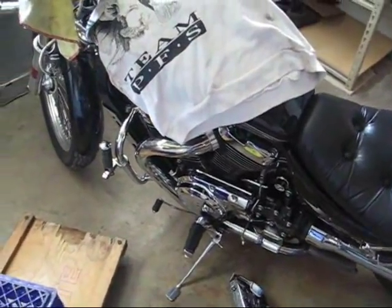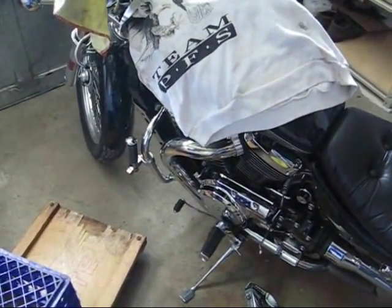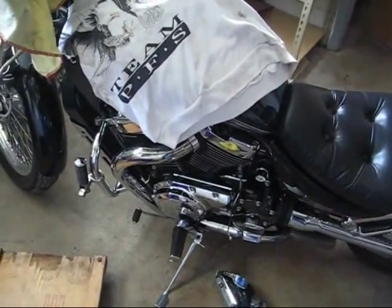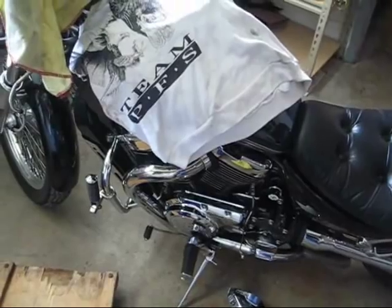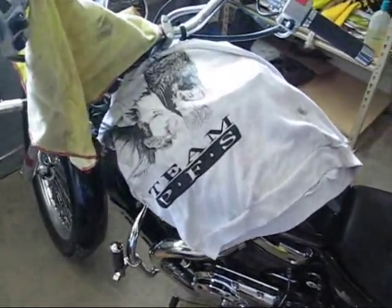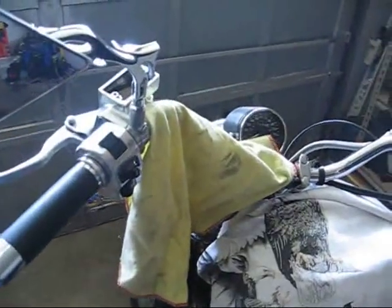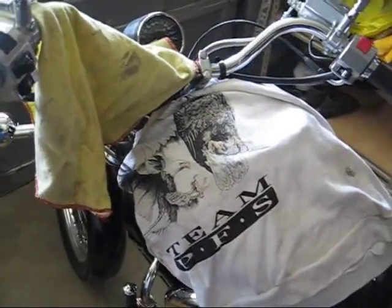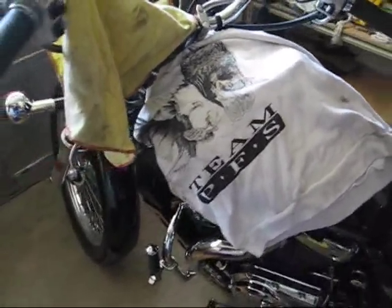Okay, this is part 3 of a brake fluid and clutch fluid change for a Suzuki Intruder VS800GL. This is a 2002, but basically it's all going to be pretty much the same for any bike. Again, what we did is cover up the gas tank and the handlebars to protect the painted surfaces from the fluid. As far as tools, you're going to need a